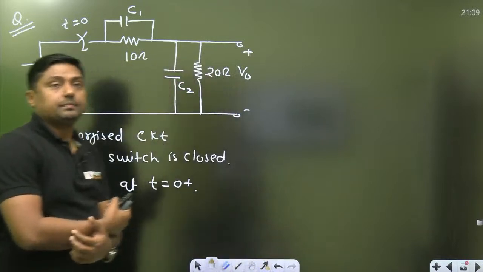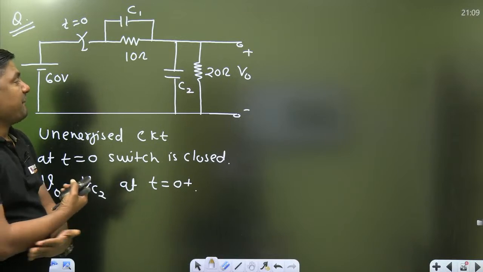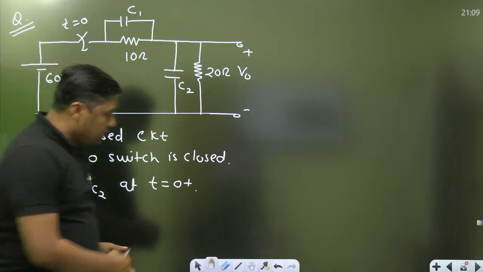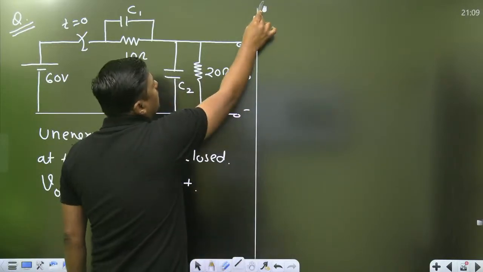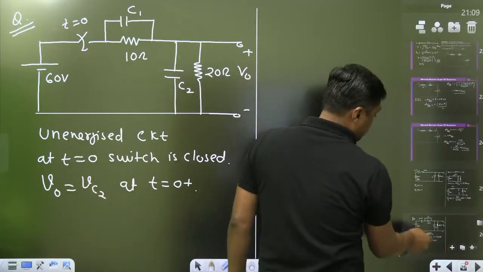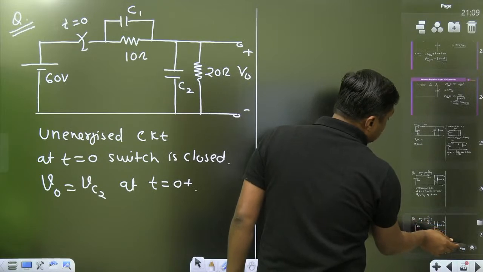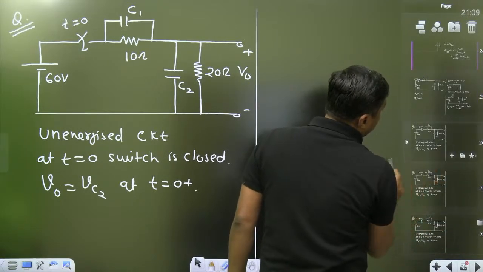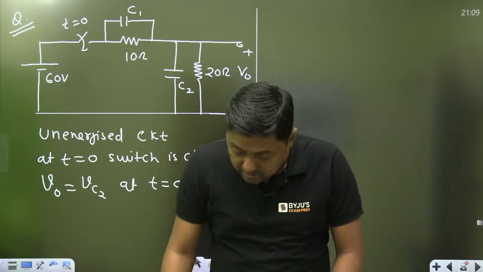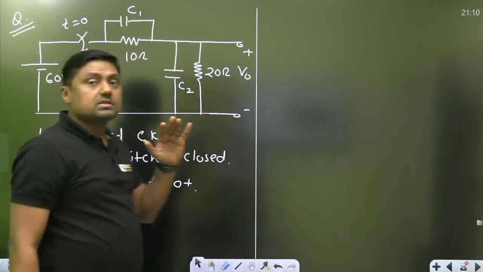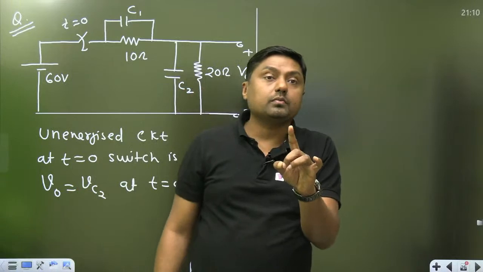Okay, tell me. So here, if you are giving the 0 answer, because a capacitor does not allow sudden change of voltage, you are going to give the 0 answer, right? Vc2 is equal to 0. Anuradha Tiwari is giving the answer that Vc2 is equal to 0. So my dear friends, in this question, try to understand, this is very important.